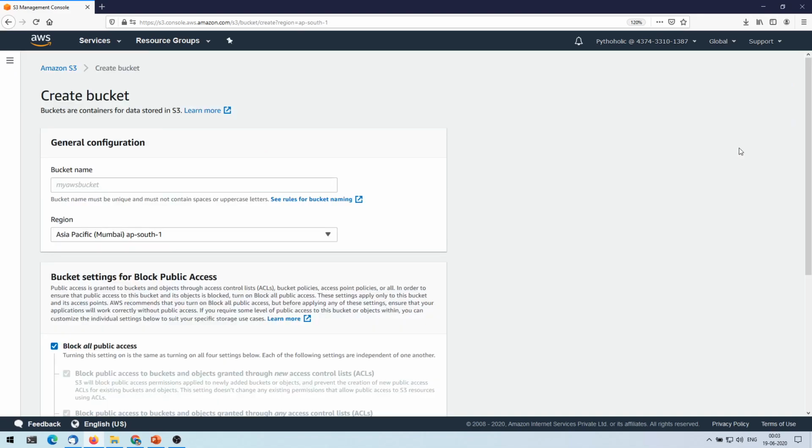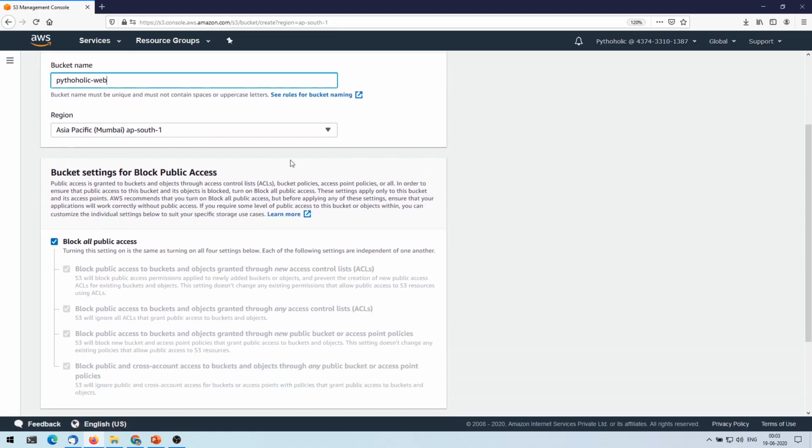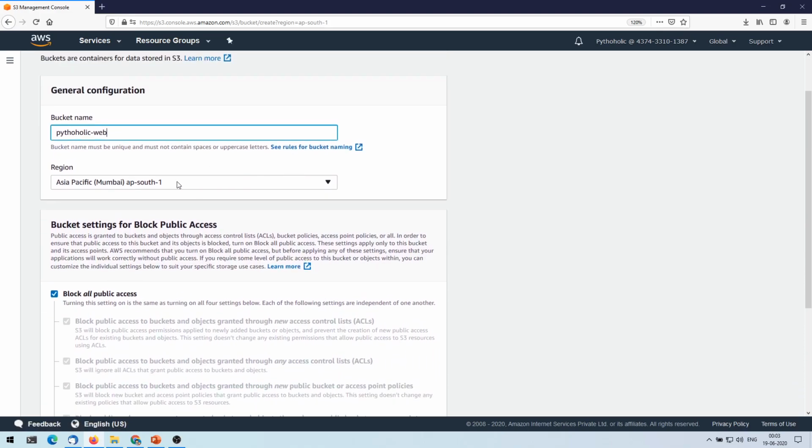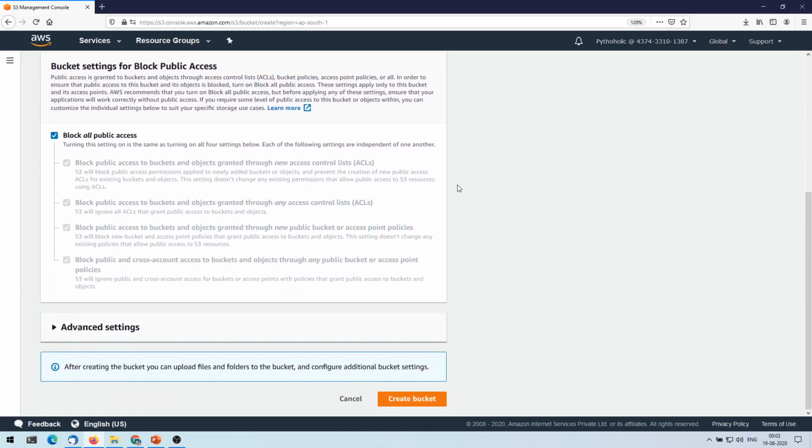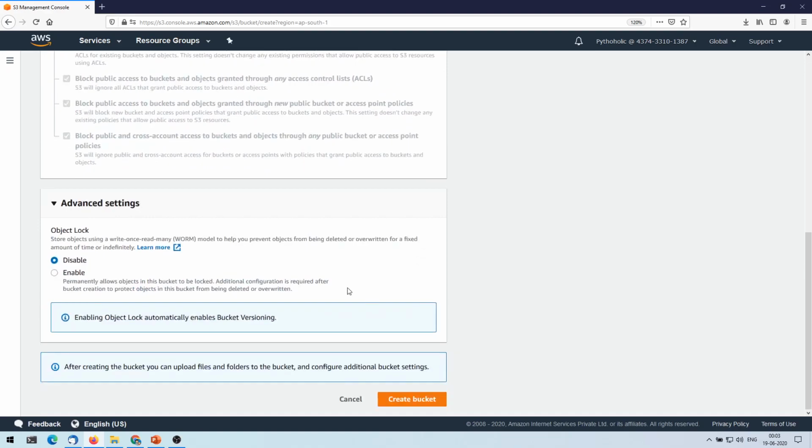Once you click on create bucket, it'll ask you to enter the bucket name. I will give pythaholic-web. The only other option I see here is that you have to choose the region that you want to host it in. After that there are some advanced options that I'm not going to use.